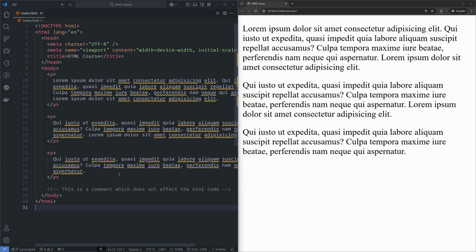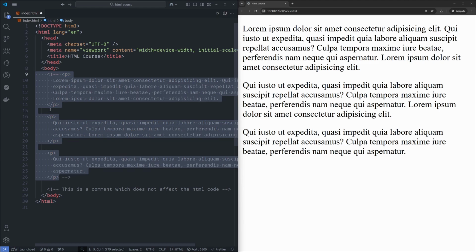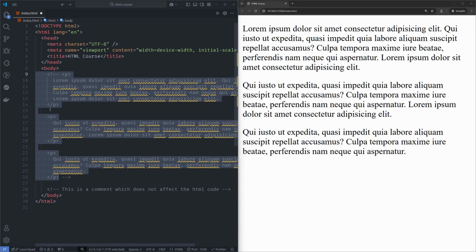So let's learn about another element in HTML, which is called the heading element. Here we will be learning about the 6 heading elements which HTML provides to us. So let's comment it out in VS Code. I can just select and then do Control and slash, and all of the text will be commented inside of